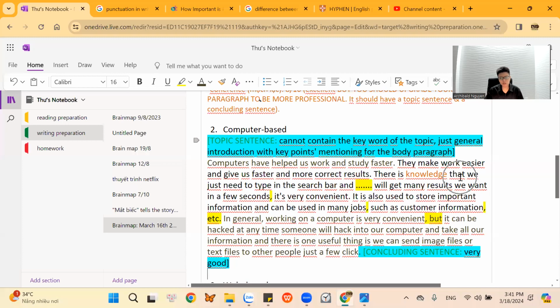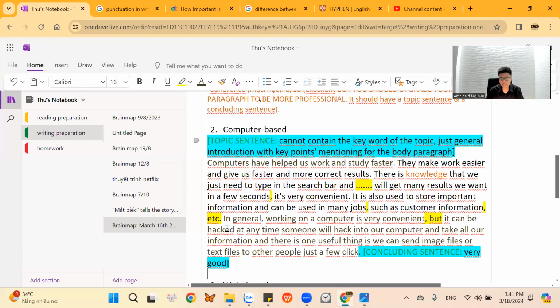There is knowledge that, or people can understand like there is information that, there is a saying that. We just need to type in the search bar and we will get many results we want in a few seconds. It's very convenient. It is also used to store important information and can be used in many jobs, such as